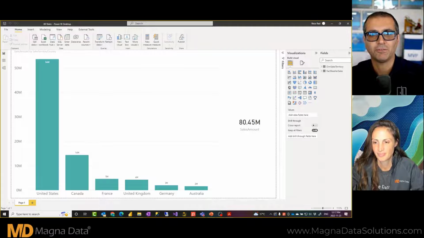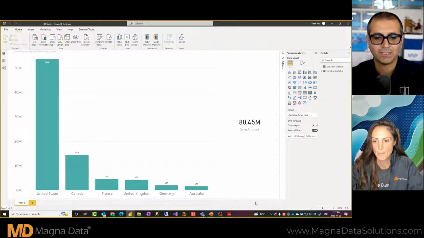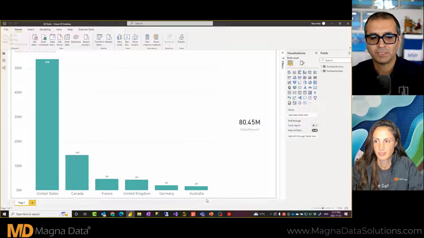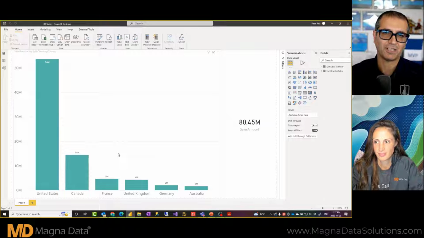For example, if you are working in a company that has, let's say, 6 different branches in 6 different countries, US, Canada, France, UK, Germany, Australia, and if you have a report like this, which might have, let's say, 10 or 15 report pages, when you build this report, instead of creating copies of this report, one for each country, and filtering it for that country so that the users of that country wouldn't see other reports, instead of creating those copies, which would cause a lot of maintenance, because then you have like 6 different copies of a report. If you want to apply a change, you have to go and change it in 6